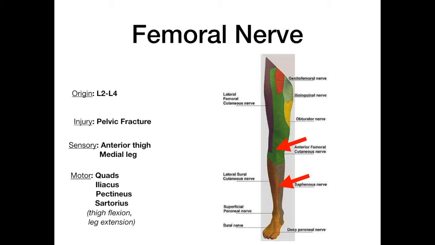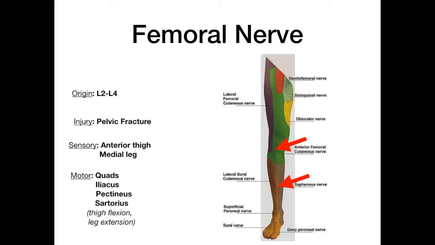Now, as far as its motor function, the femoral nerve goes to the quads, the iliacus, the pectineus, and the sartorius. And if you don't want to memorize those 4 different muscles, just remember that the femoral nerve is responsible for thigh flexion and leg extension. So if you memorize those 2 functions and you already know the muscles, then there's no need for you to memorize quads, iliacus, pectineus, and sartorius, because after all, if you're taking a test and you get a question on the femoral nerve, and you know that the femoral nerve does thigh flexion and leg extension, then you can say,